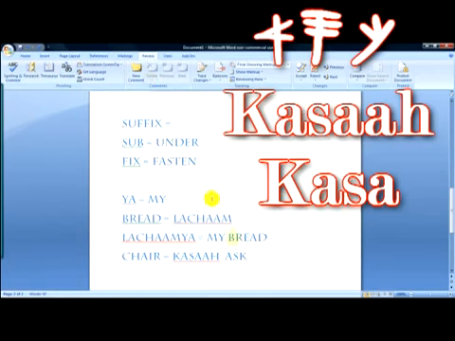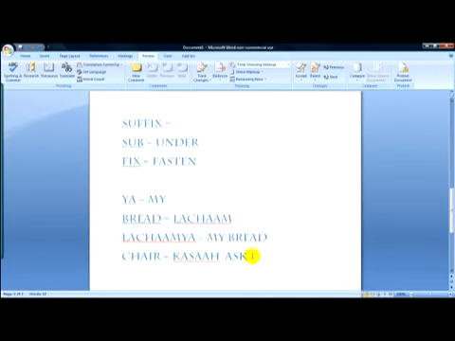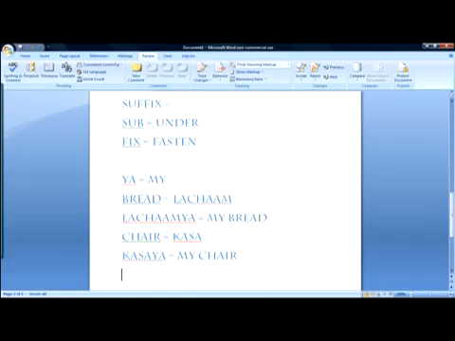Now I'm going to show you something real quick. It's not letting me get it, but when you look at the Hebrew word for chair, the word is kasa'a, but the way you pronounce it is kasa. There's three words actually for it. So now if you wanted to make it my chair, you would put kasa ya, which is my chair. That's how you would make it possessive. You could do that with any word, like the word book or any other word. Anytime you see the ya at the end of a word, that means my.